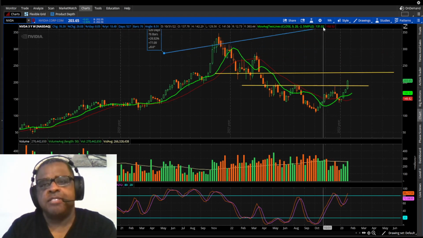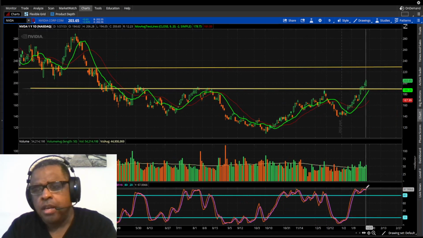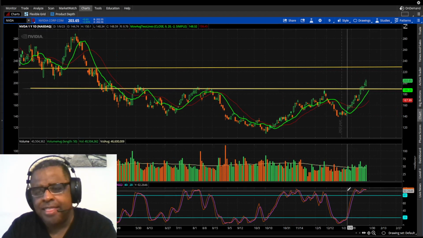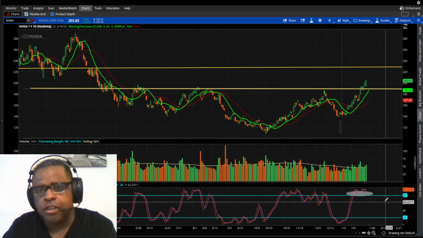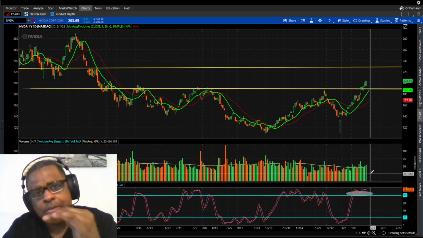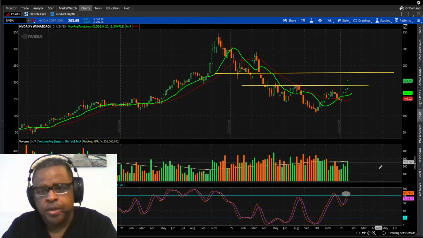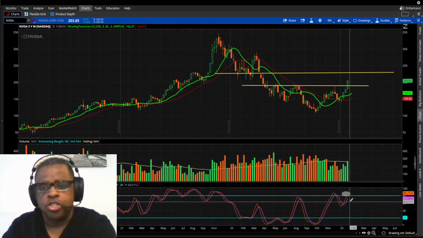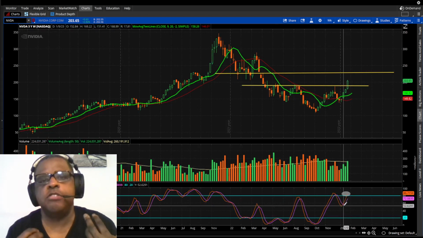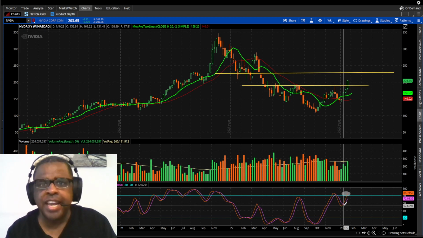I keep forgetting this. Let me go back to the daily real quick to show you something. Slow stochastic, it is showing oversold. It's not that important because it could stay up here for a long time. I want you to keep that in your mind as we look at these other charts. All right, so let's go back to the weekly. Same thing here with the slow stochastic. It's not quite there yet. It's moving up. And that is the most important thing when I look at the stochastics, the direction,